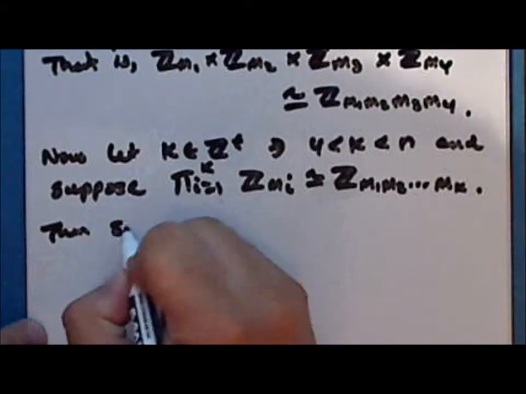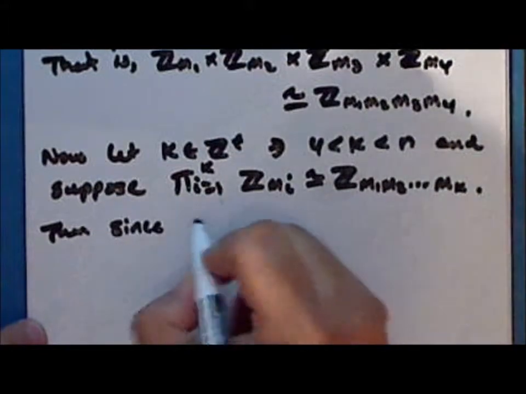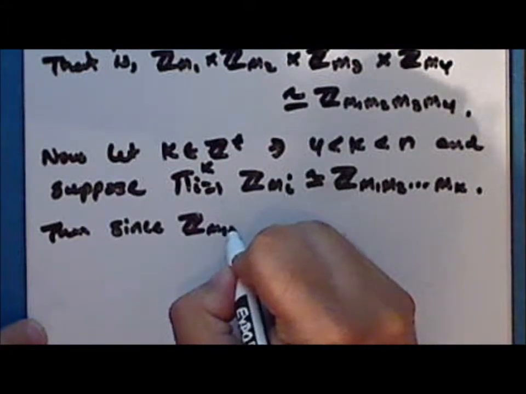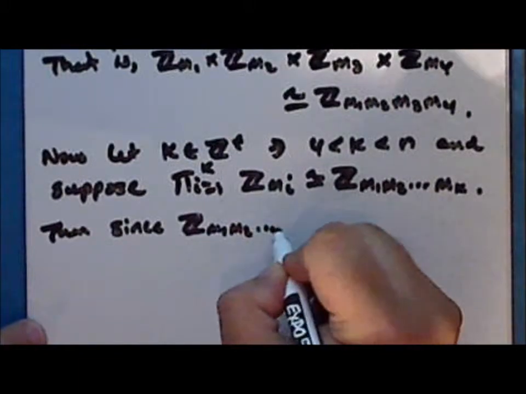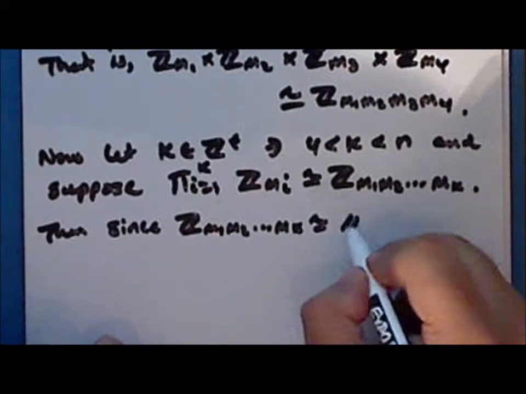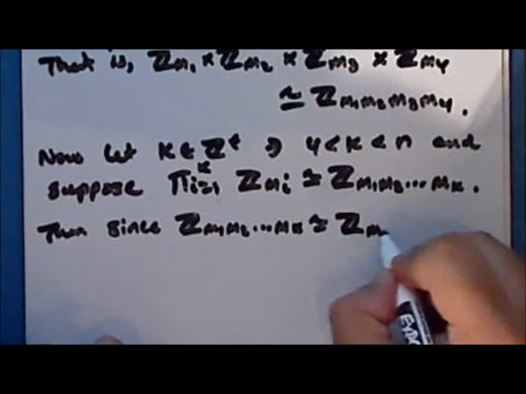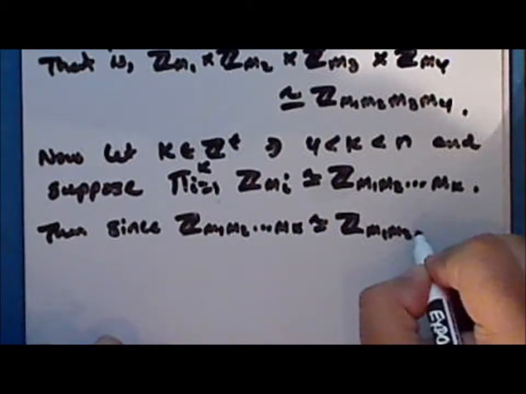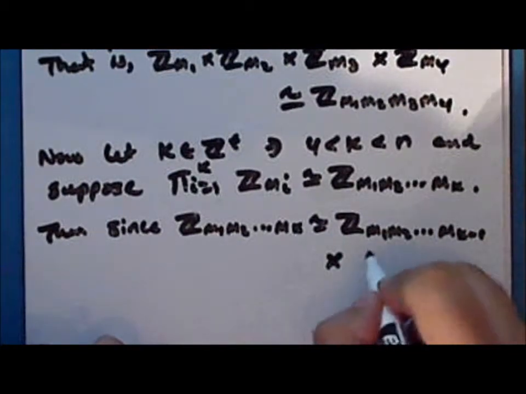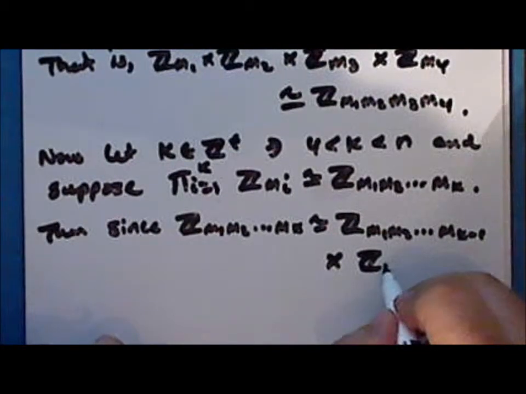Then, since the integers modulo m sub 1 times m sub 2 through m sub k is isomorphic to the product of the integers modulo m sub 1 times m sub 2 through m sub k minus 1 times the integers modulo m sub k,